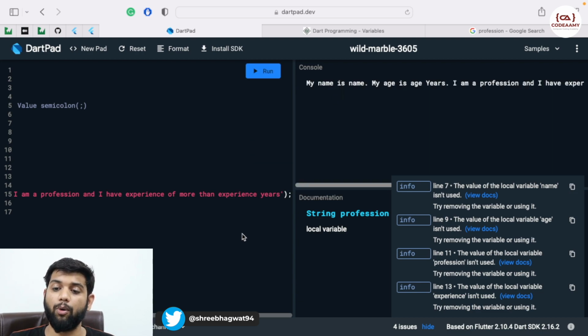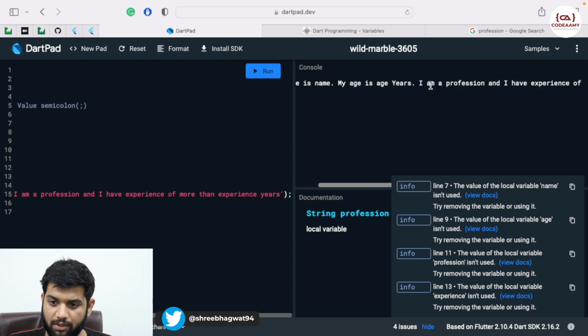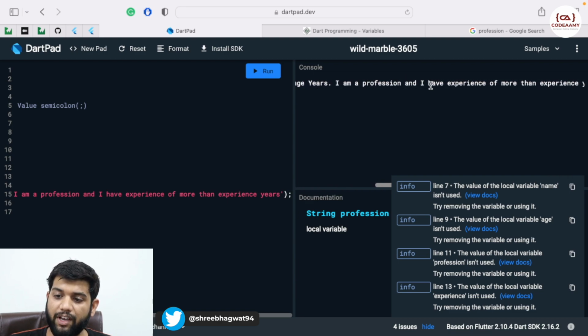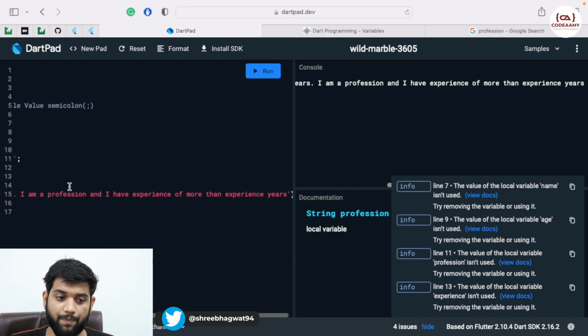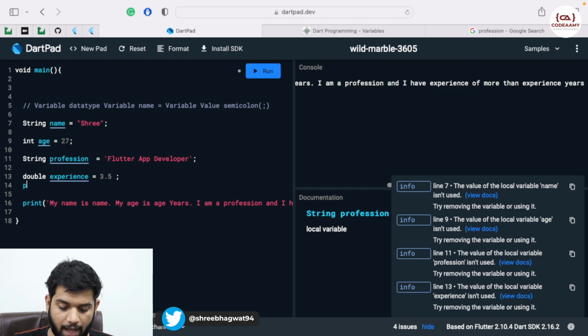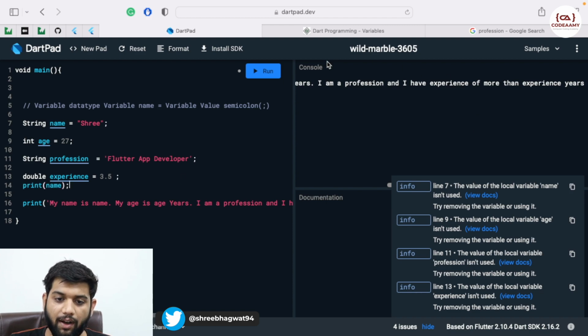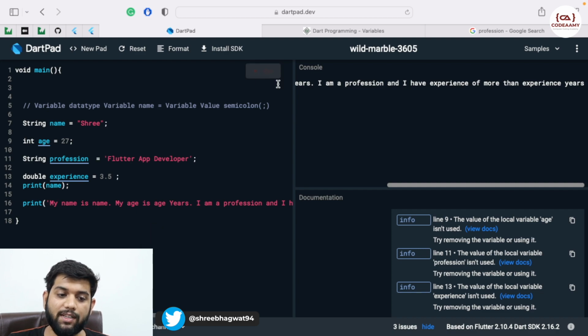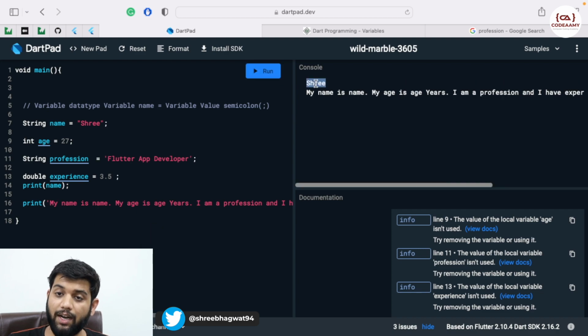Let's see what we are going to face now. Over here it is saying my name is name, my age is age years, I am a profession, and I have experience of more than experience years. But what we saw before, that when I write print name, right, and if I'll run this command, you can see it will print my name over here, right?